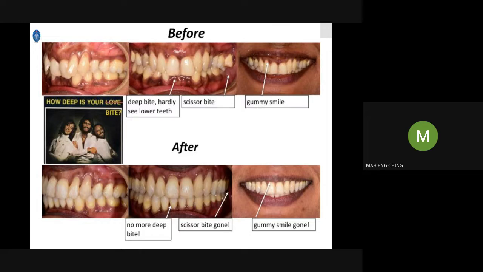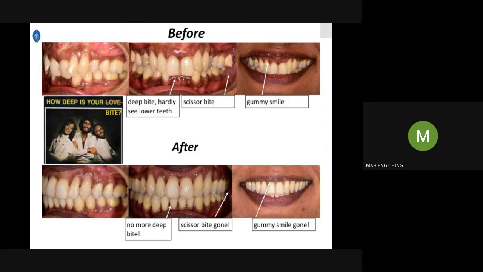So this kind of patient, generally they have this attrition problem because of the deep bite, they usually grind the teeth a little bit. The lower incisor is usually attrited. But with this deep bite, you cannot restore because you are going to create a vertical overbite, or increase the vertical height quite a lot. So how are you going to do it? We use braces to open up the bite first. When you have a gap between the top and bottom teeth, then you can restore